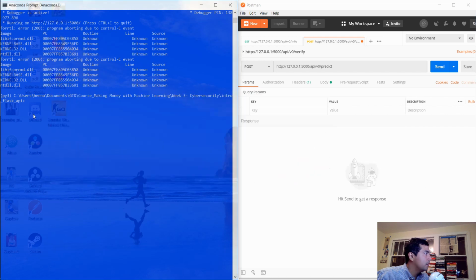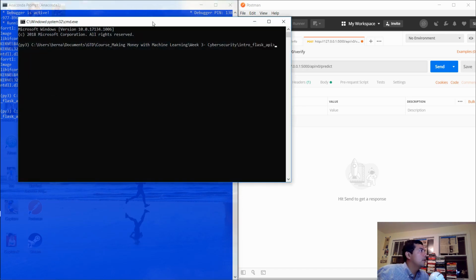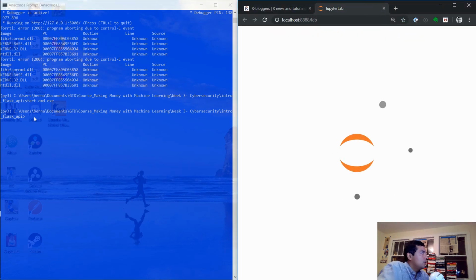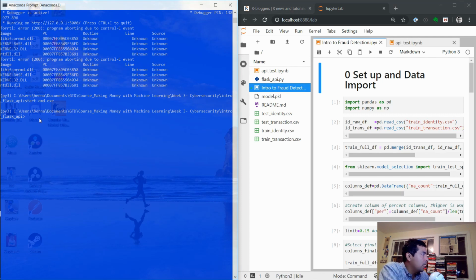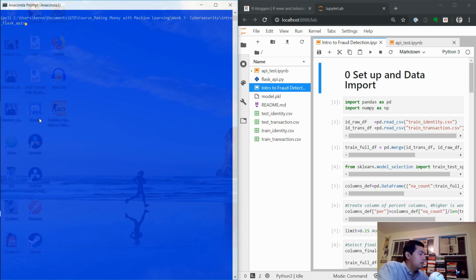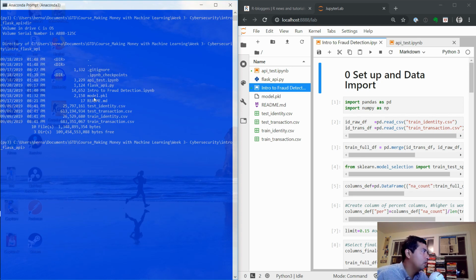But let's start off here in Anaconda prompt. Because we need 2 kernels of Python running, we're going to need to have another prompt to run that. So let's do start command.exe. That's going to bring up this bad boy. Okay, and then we're in the same directory, and we're going to use this to bring up our Jupyter Lab notebook, and this is going to be used to bring up our Flask API. So let's see what we have here. Let's actually just clear this out and see what we have here. Okay, cool. So we're gonna want our API, our Flask API